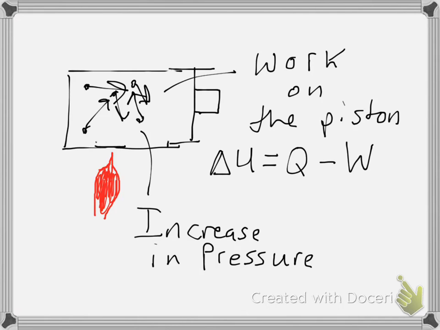Now you also may be asking, what if we didn't put a flame under here, but what if we put some ice cubes? Right, so what if we put some ice cubes under here, or actually, more importantly, put the ice cubes on the canister itself and sucked some of the heat out? What would happen then? Well, what would really happen is really dependent on how movable the piston is. But since you're taking energy out of the system, because heat would flow from the canister to the ice cubes and help melt them, in that case, Q would be negative,